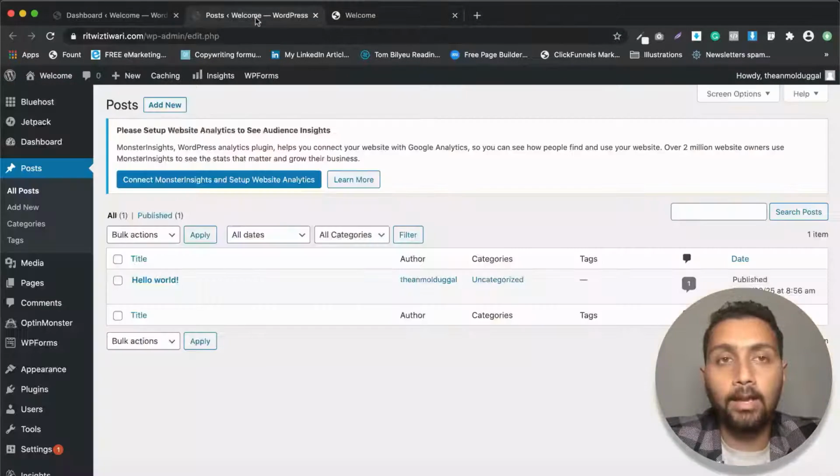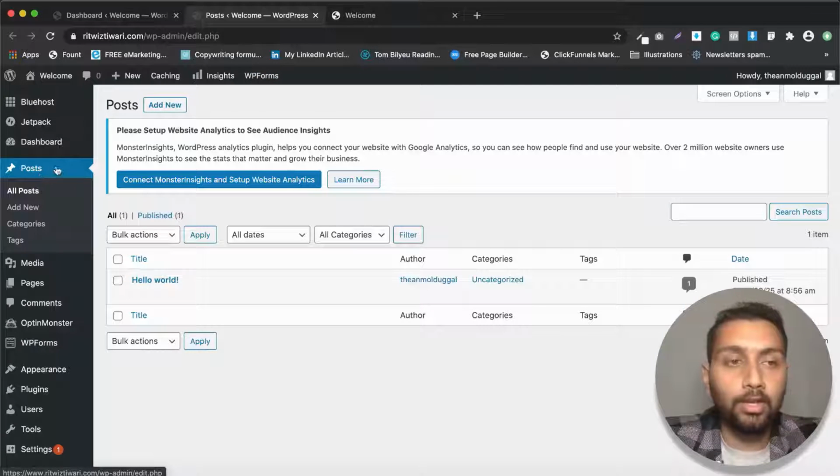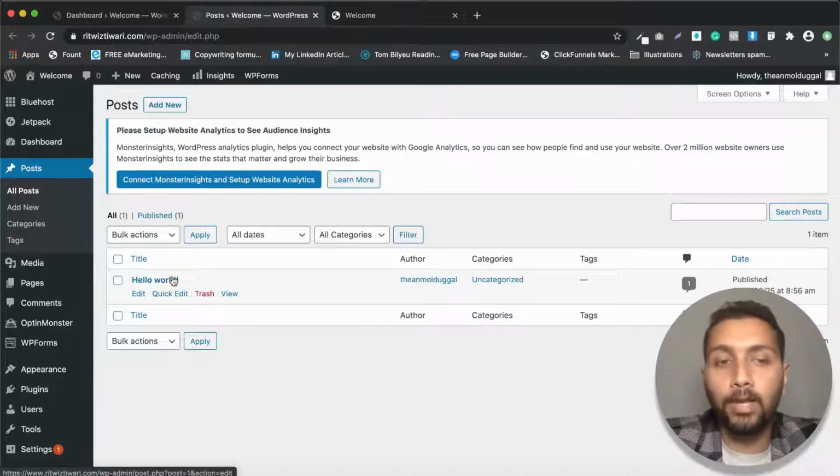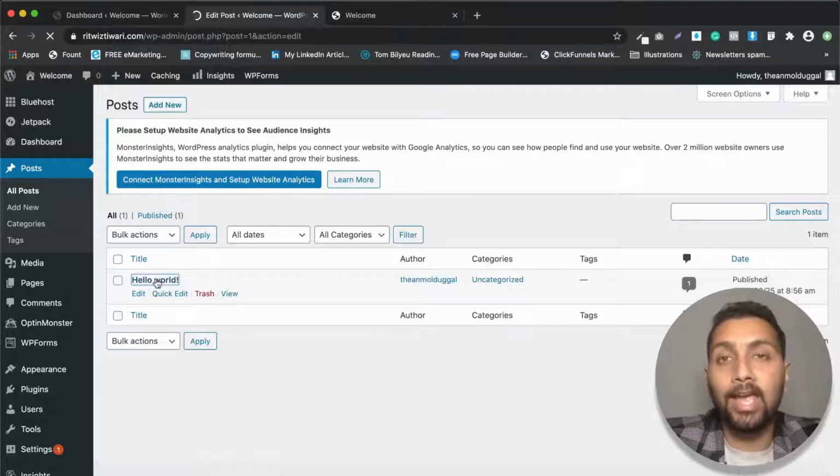After the posts, you can see that all these options are available to us. I had clicked on the all posts option, so you can see that this post is there. Now I have two ways to go from here: I can either edit this post, or I can create a new post as well, and we are going to talk about each one of these. For the first one, you can either click on the edit button, or click on Hello World, and an editor will open up.